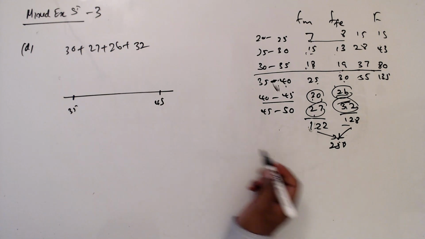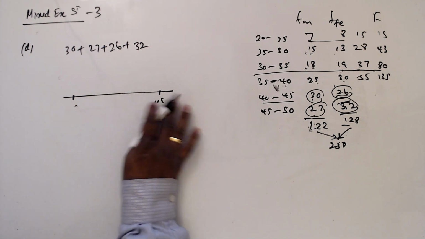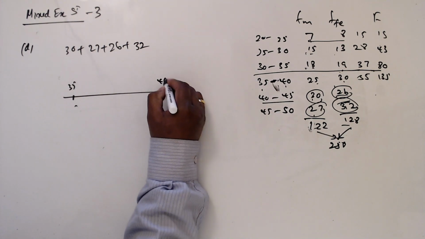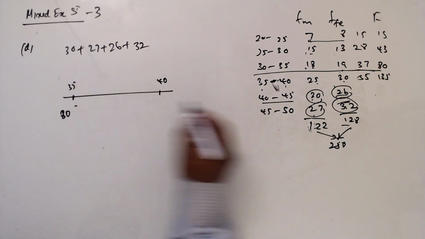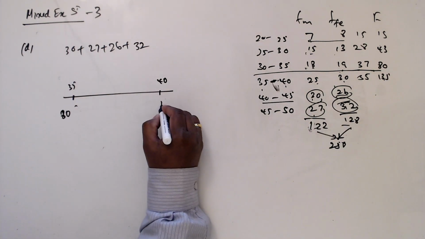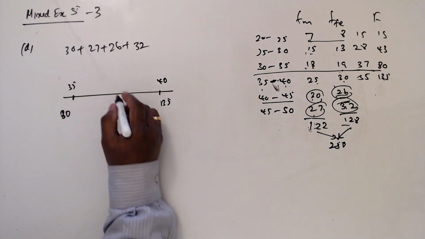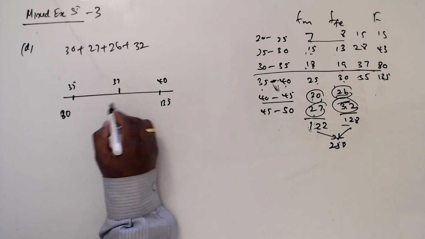So this is enough. So we need 35 to 40. So this is 80 and this is 135. The gap is 55. So we need 37 and